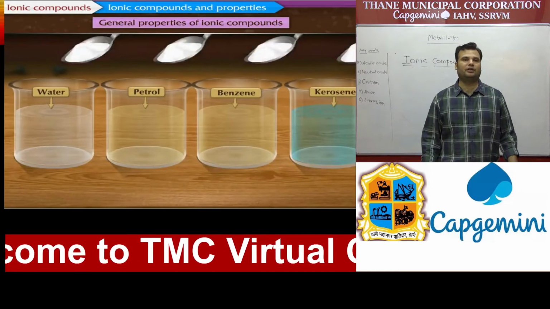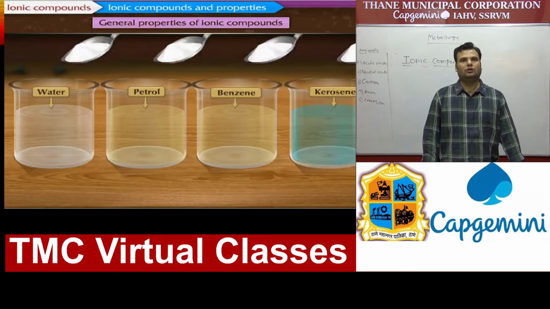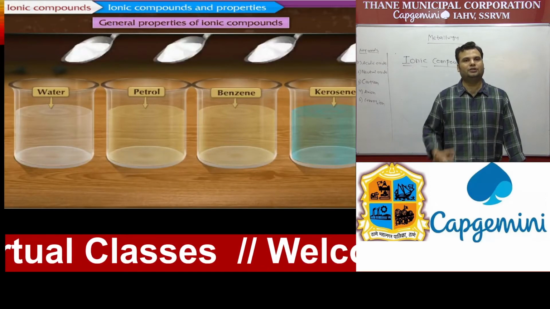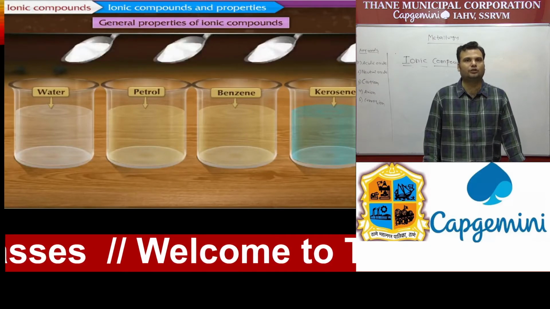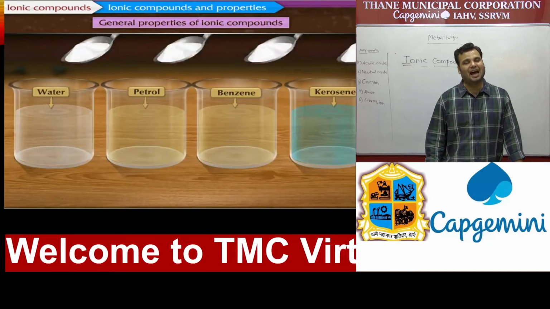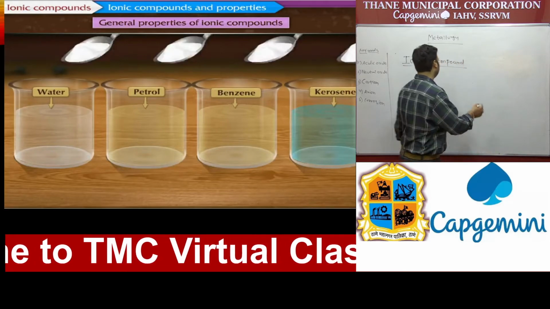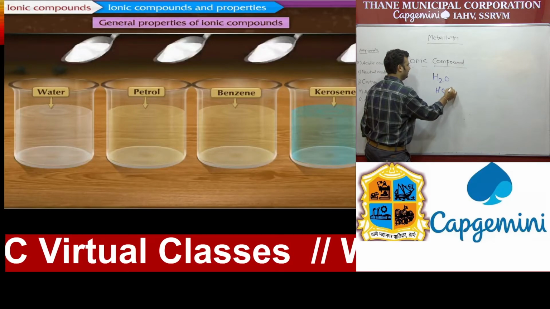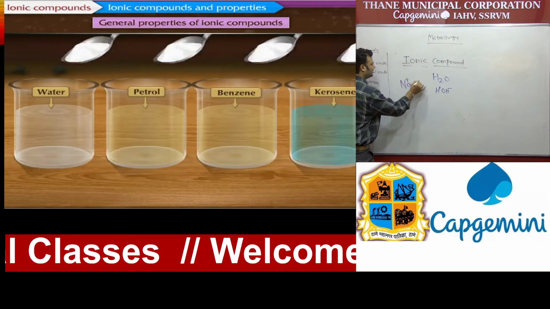Second point is very important. Student, you remember that one important statement, dissolves like dissolves. Means in simple, if you want to understand in simple proverb like in Hindi, जो जैसा होता है उसे मिक्स होता है, like लोहा लोहे को काटता है. Similarly, in science also, in chemistry also, dissolves like dissolves. Means ionic compounds contain the ions, that is positive and negative ions, and water, that is H2O, which also contain the H plus and OH minus ion. And one example like sodium chloride, NaCl, which also contains plus and minus.